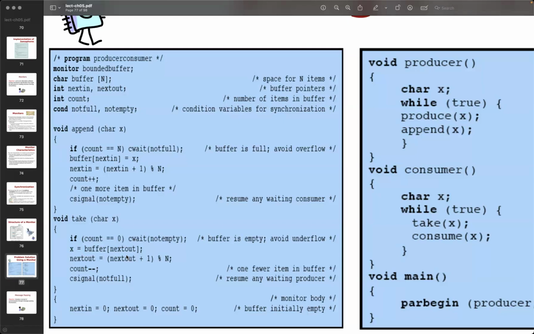Let's say I read the character A. And then we will append the value, right? So after we append the value, next in plus 1. So next out will still stay on the first item, but next in will point to the next one. So when we need to take something,